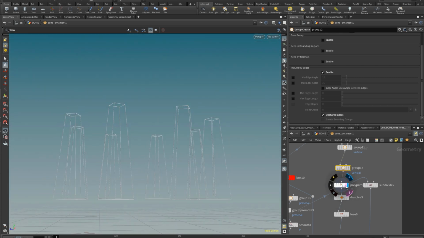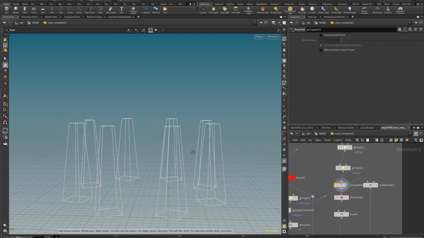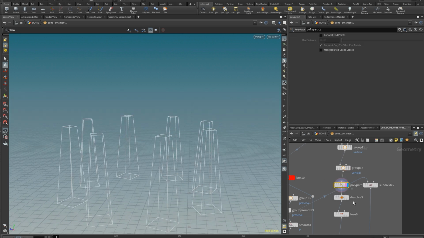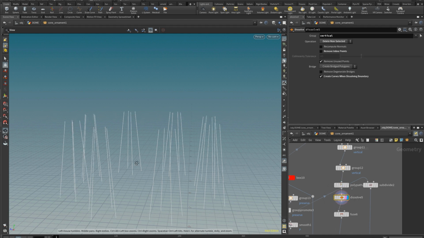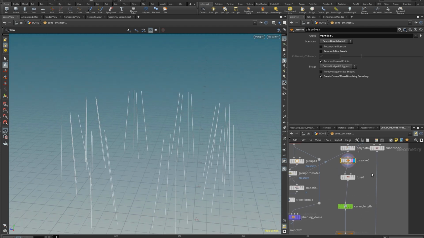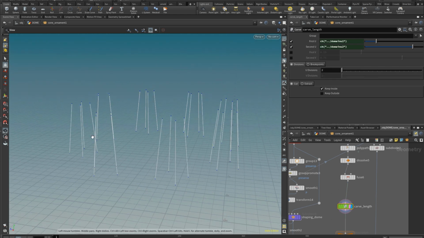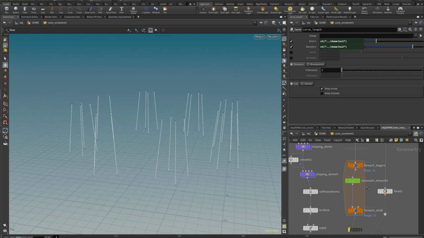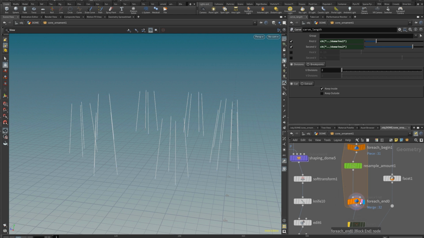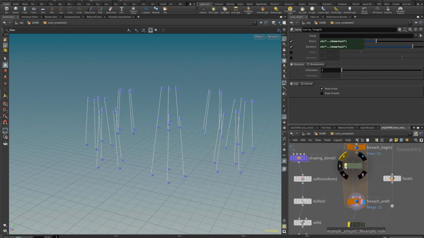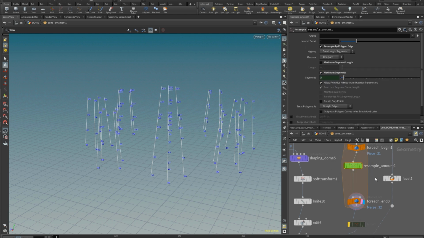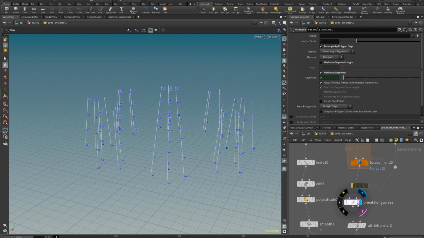So that's pretty neat. Then once we have those wires, you can dissolve everything but the vertical lines, the group that we just created. Then you can carve those lines if you need the detail to start or end a bit earlier. And the resample here is defining the amount of repetition you want on those curves. Okay, this node should be useless.